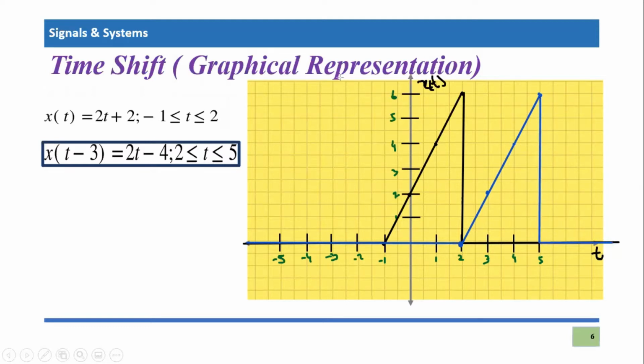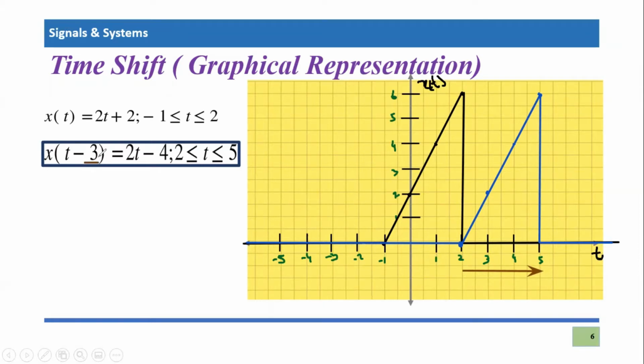So if you compare these two signals, this is the point to understand here, right? This is the main point. If you see, this signal has delayed by 3 units. This starting edge is also delayed by 3 units. -1 has shifted to 2. So this is the delay. That's what we expect here. Remember, that is the delay, tau value, +3.